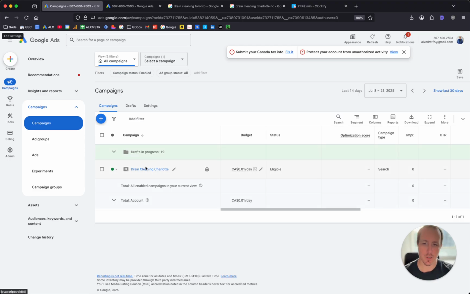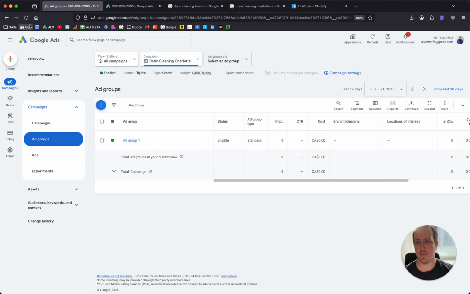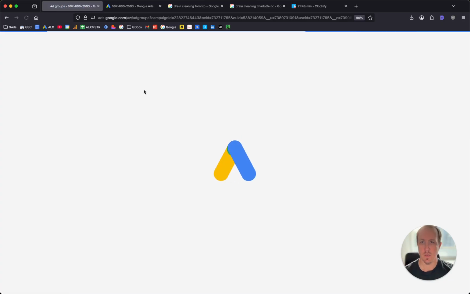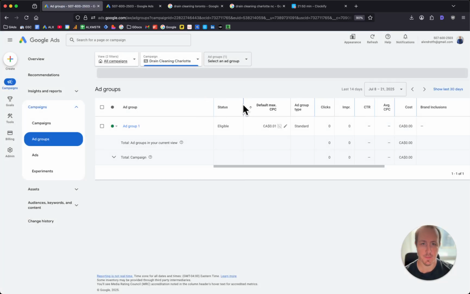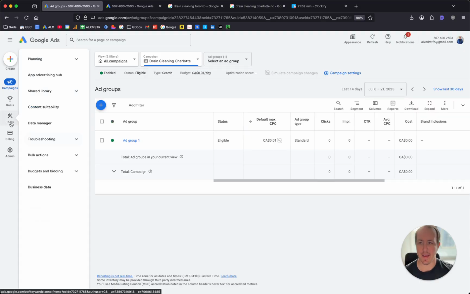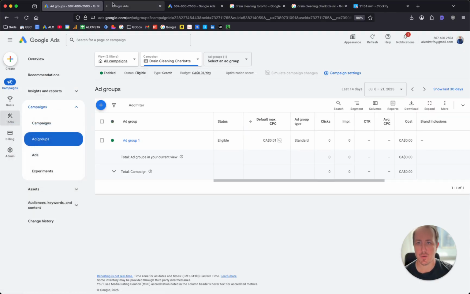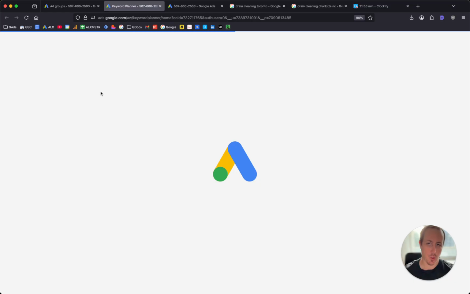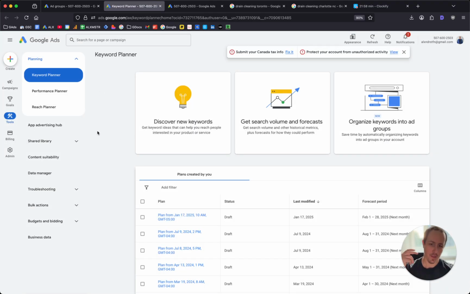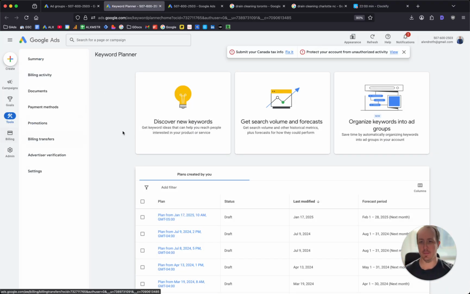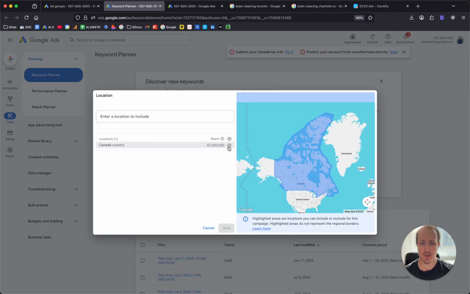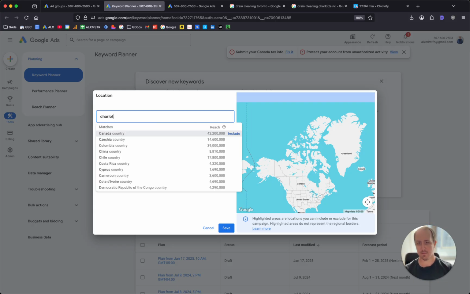Now, click into your campaign. It's going to show you the ad groups, right? Just go ahead and click refresh. Google is now going to give you a max CPC here default. Now, to find that, I already showed you guys how to do your keyword research, but open up tools again. I'll just show you how to find a good max CPC to start with. It'll be adjusted all the time, but yeah, click on discover new keywords, enter your area again here,